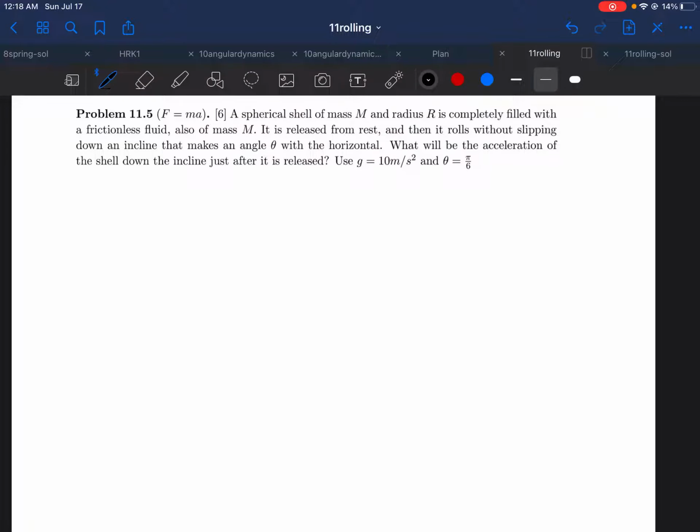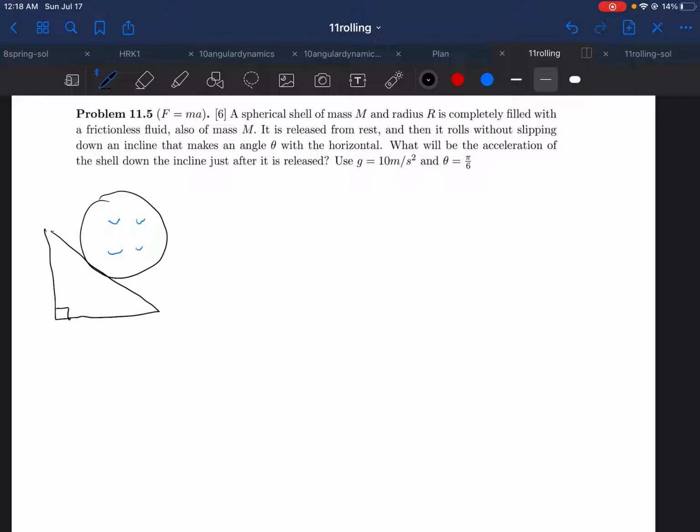Pause the video and read this problem as I draw a quick diagram. Okay, so this problem essentially includes a ball with fluid inside, and so it's a little tricky, but it's still